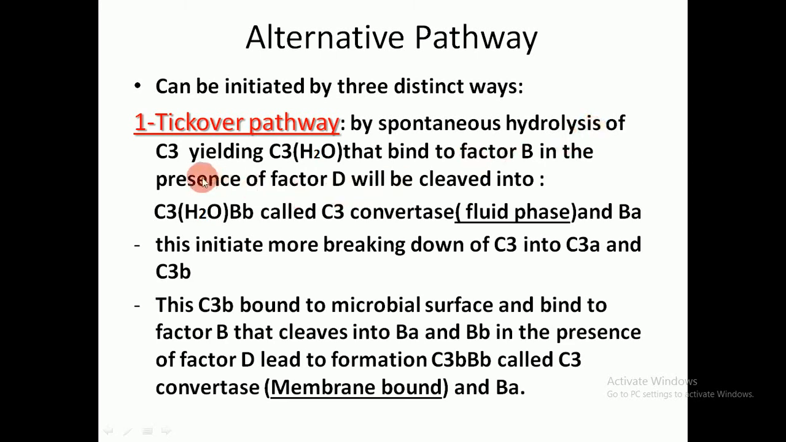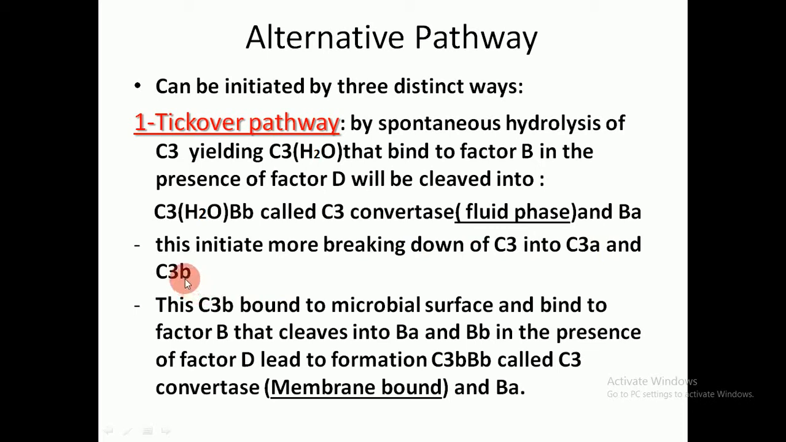Hydrolysis of C3 yields C3H2O that binds to factor B. In the presence of factor D, factor B will cleave into C3H2O-Bb, called C3 convertase, which is in fluid phase because it's attached to a water molecule, and Ba, which initiates more breaking down of C3 into C3a